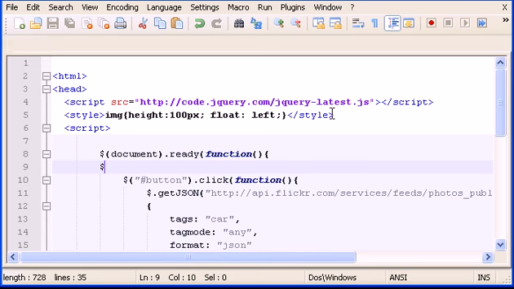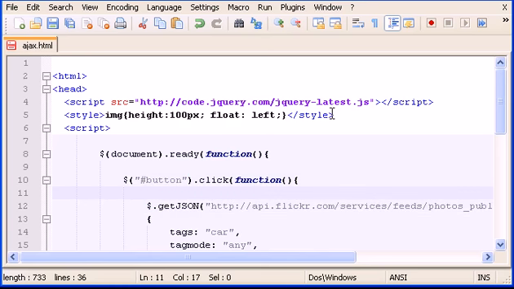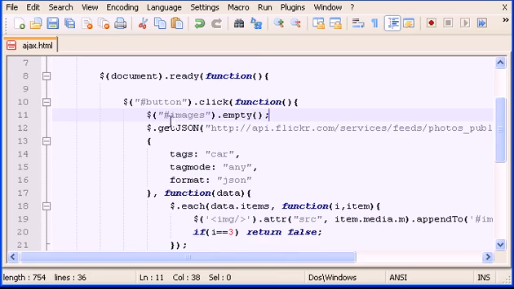is create this line of code. After clicking the button in here, just before the getJSON function, we type images, grab the images dot empty. Okay, and if you search this in the jQuery tutorials or documentation on their website, what this does,